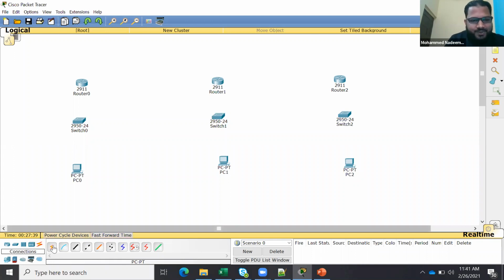Now if I go here, I use automatic from this LAN machine to the access switch, then again this LAN machine to the access switch, then this LAN machine to the access switch. They are connected, ports 0/1, 0/1. Then from this switch to the router. Can you see now, this is a Fast Ethernet, this is a Gigabit Ethernet. Fast Ethernet means 100 Mbps, Gigabit Ethernet means 1 Gbps. When this connectivity happens, the cable reduces to the lowest speed. So now my speed becomes 100 Mbps.